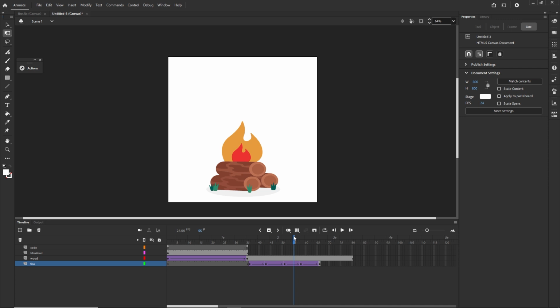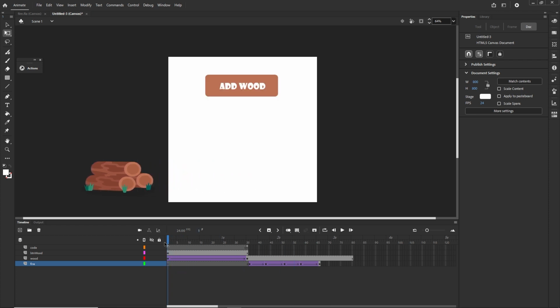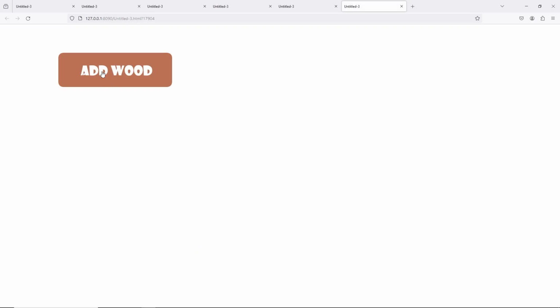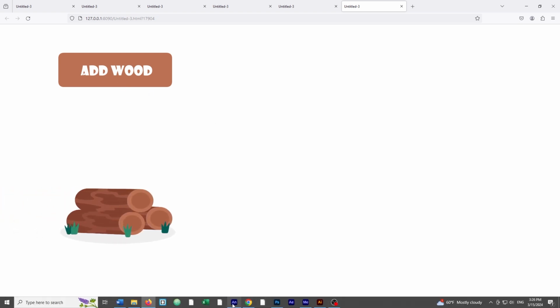Now what we need to do is we need to create a new button, and with the new button we are going to make our file. One thing that I would like to do right now, by the way, is that if I'm going to click on this add wood, I would like this button to disappear. So what I can do